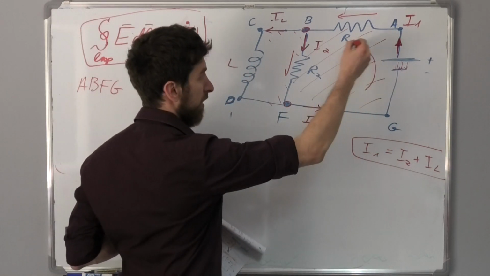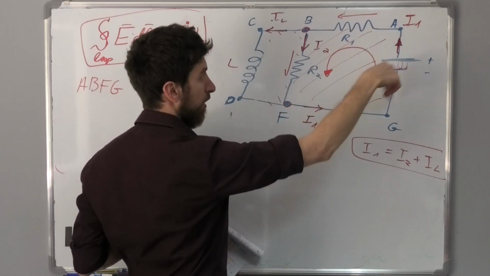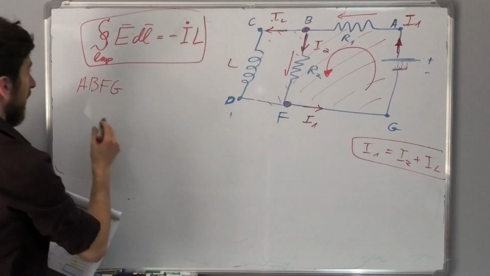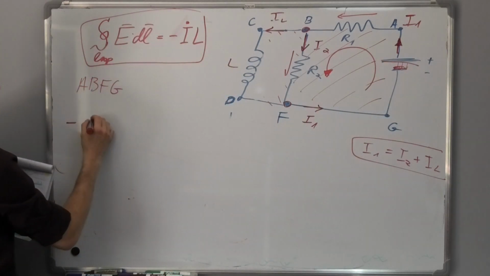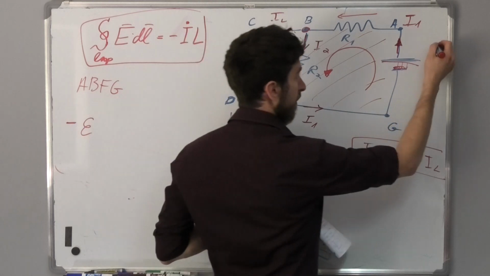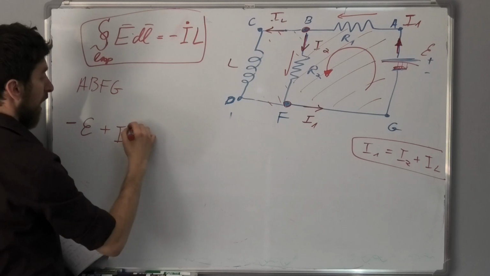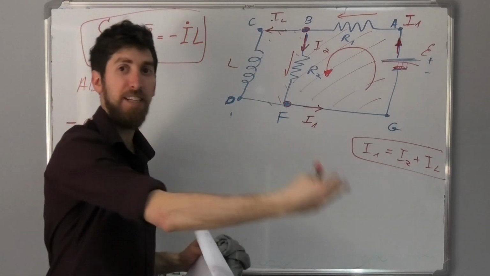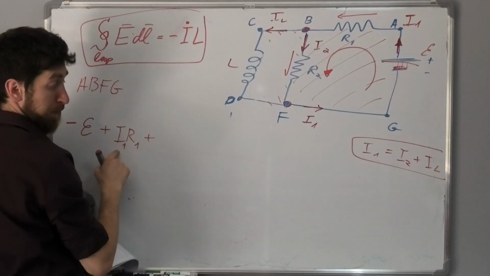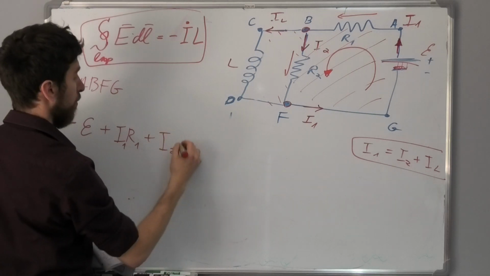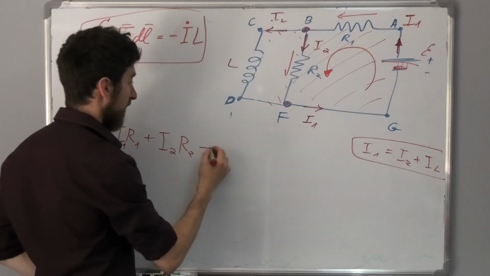So let's do the loop. I love to do the loop in the way that the current is going. The first current is going like that, so let's do it like this. Okay? So what is this equal to? First of all, I'm going through the battery, so I have minus epsilon. It's given, epsilon is the voltage. Then I have the resistor, which means I have plus I1 R1. Why plus? Because I'm going in the direction of the electric field inside the resistor. Then I have plus I2 R2, again going in the same direction, and this is equal to